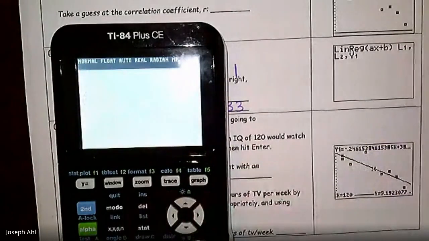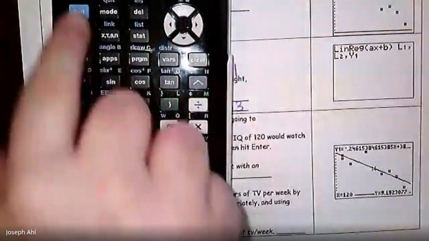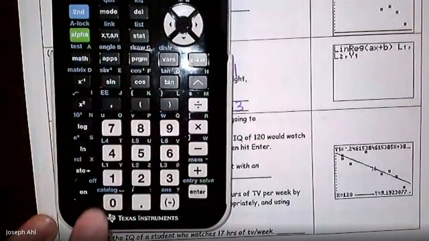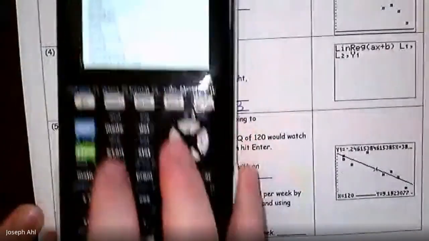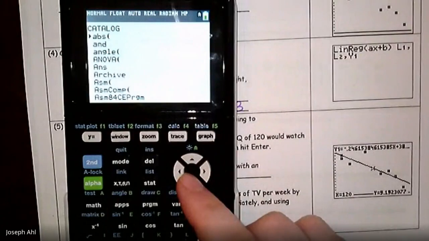So really quickly, the way we're going to fix that is you have to turn what's called your diagnostic on. To turn the diagnostic on, you're going to hit second 0. Second 0 brings you to the catalog for your calculator. You're going to scroll down till you see diagnostic on, or an easier way to get there is you might